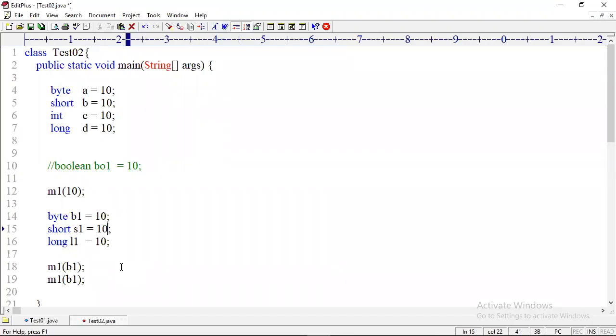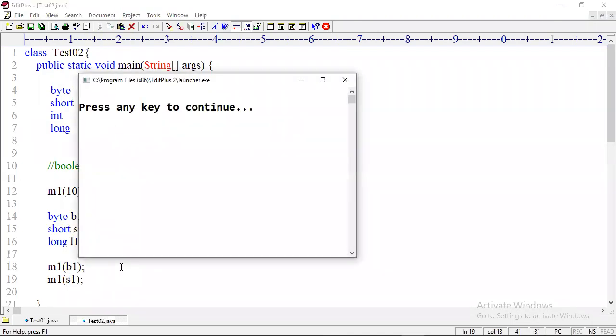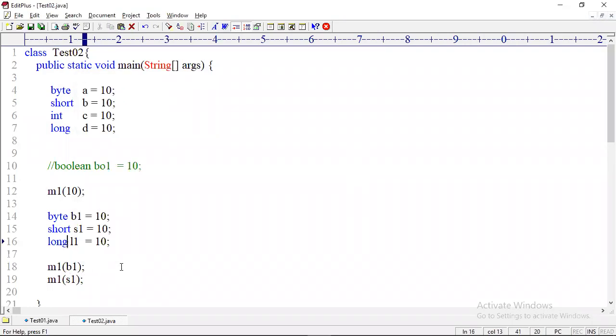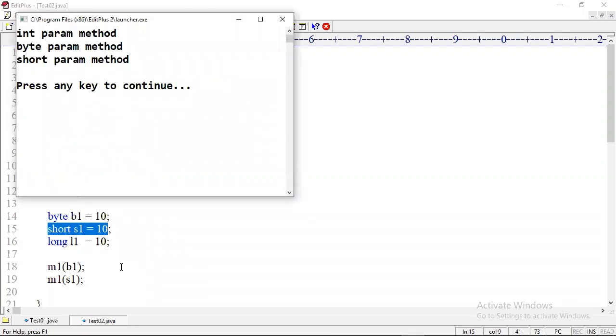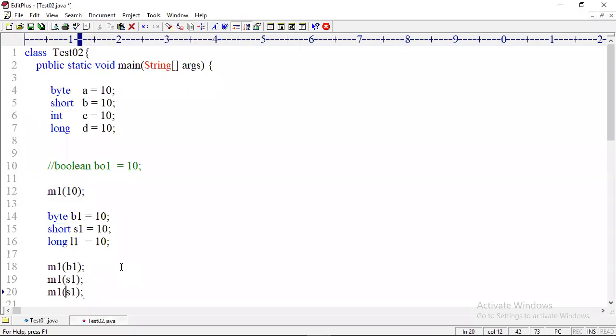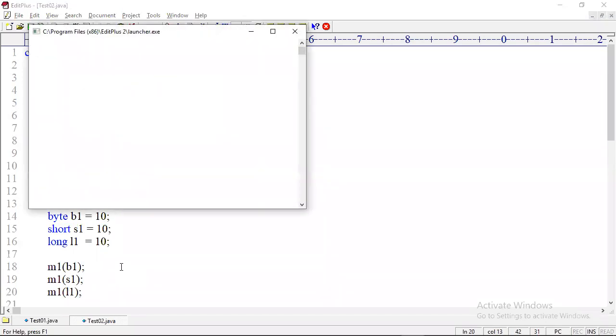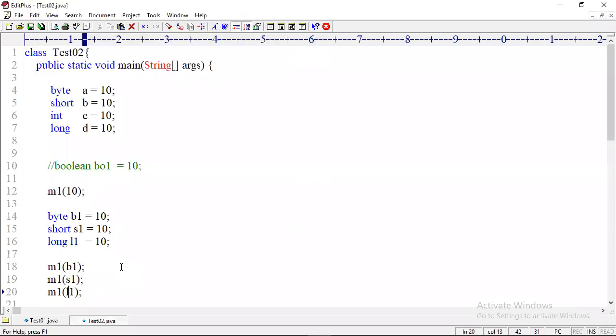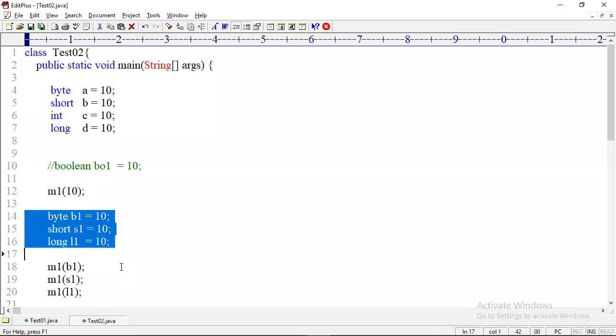So next tell me, I want to convert 10 as a short type. What to do? With the value 10, I want to execute the short parameter method. Now this 10 you must assign to the short variable, and as an argument you must use s1. Then the compiler will consider m1 of s1 as what type? Short type, because you told 10 is coming as what type? Short type. Then the short parameter method is executed. The next m1 of l1, now the long parameter method is executed. So in a project, how can we convert the default type int to other integer types byte, short, long?